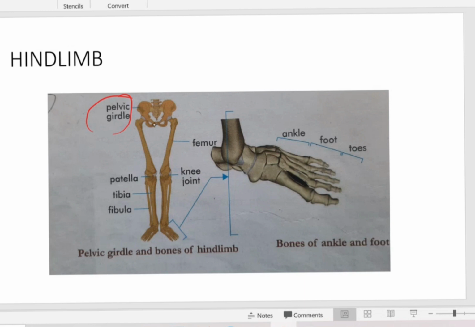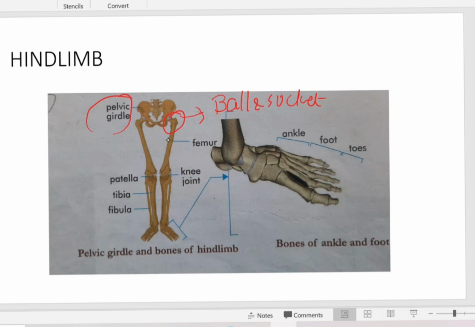Next, from the pelvic girdle, here also you can see the ball and socket joint, which is giving the connection from the pelvic girdle to the longest bone of your body called femur. So which is your longest bone? Femur. So which is your shortest bone? The bones present in the middle of the ear, that is anvil, stirrup and hammer. You will be studying the smallest bones of your ear in 8th standard.